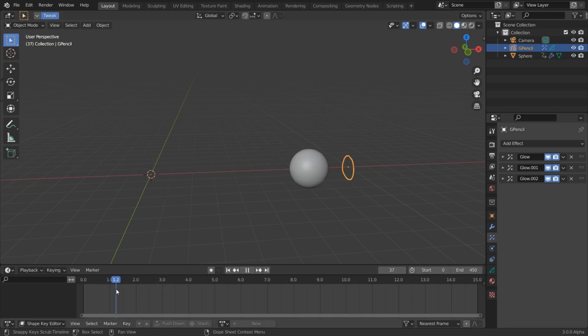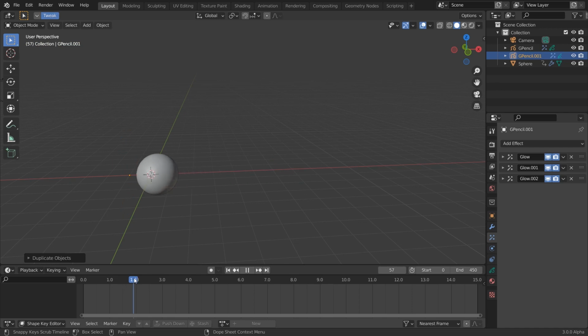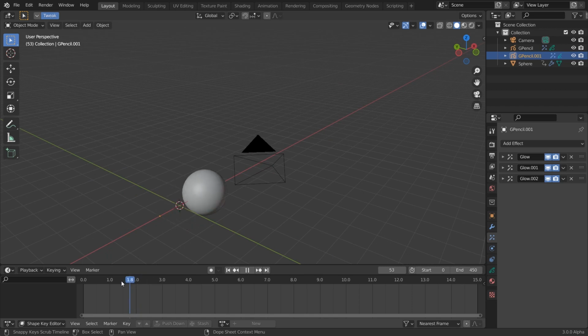So what we're going to do is we're just going to select this object, or you can select it from the outliner, and I'm going to press Shift D, and I'm going to tap my middle mouse to constrain and then hold Control. And I want to position this where the ball ends up at the end. I think that's right there. Yep, it is. I'll hold Shift on the timeline, let it snap. Okay, so that's good, but